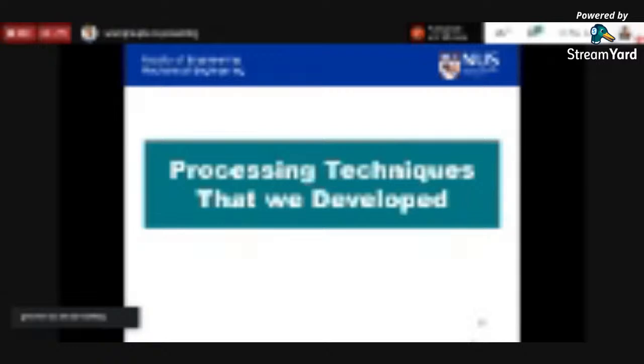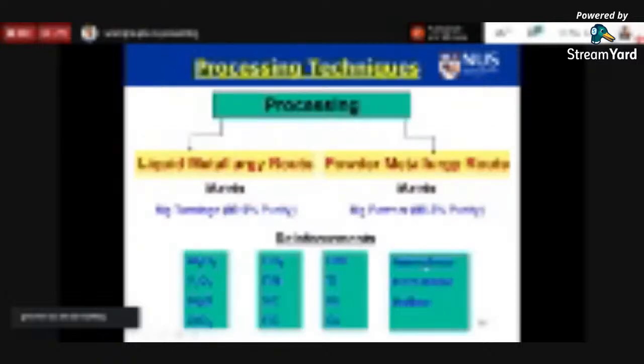We started work on magnesium-based material almost 25 years ago. Any metal-based material can be synthesized using the liquid metallurgy route or the powder metallurgy route. And we also looked into nanotechnology by using nano-length scale reinforcement. This processing we devised here in Singapore, in which we take a crucible, put the material, and we use a resistance heating furnace, which is not expensive at all. And then you homogenize this metal mixture, you pour it at the bottom. When it is pouring down, you hit with